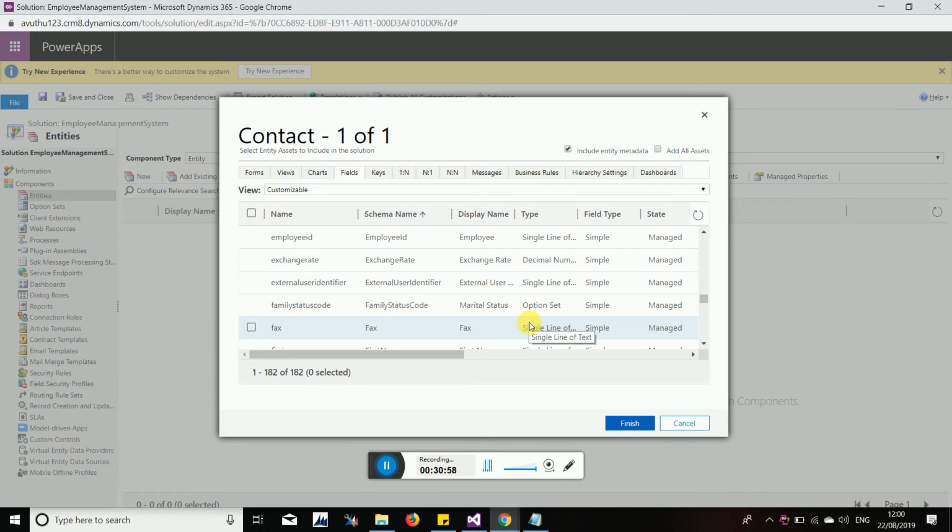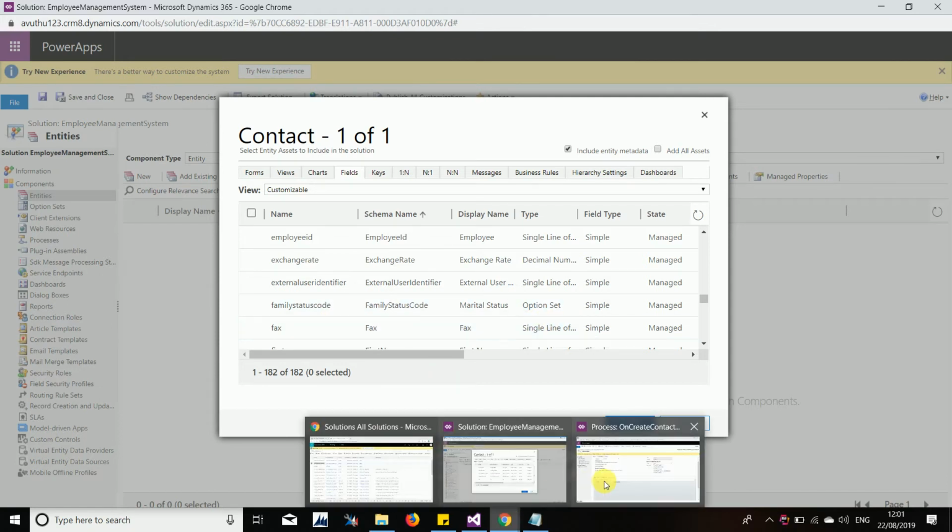The data type should not be incorrect, like float while I am setting a string, otherwise it will give me an error because of the incorrect data type. Here the data type is single line of text, so I am using facts. So now I am setting the value of that facts field.